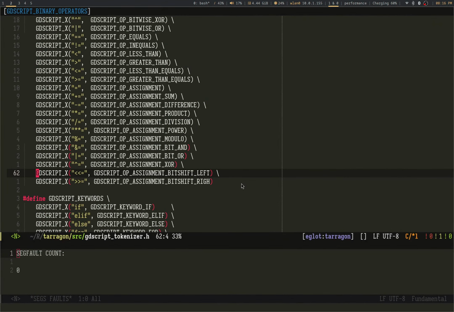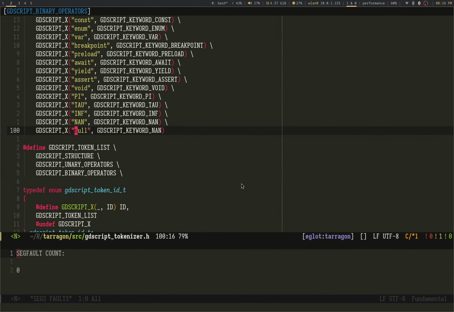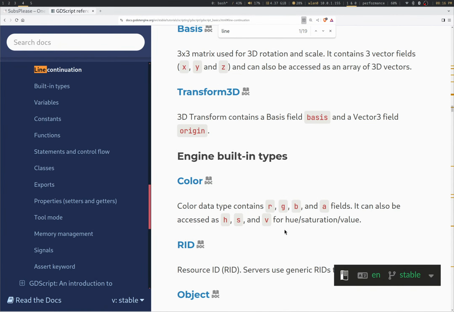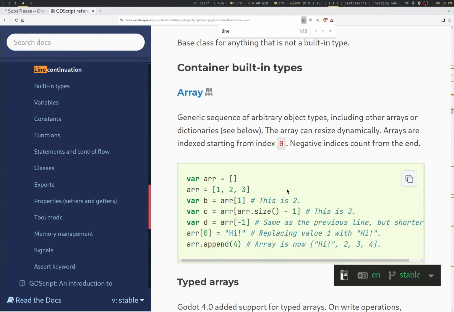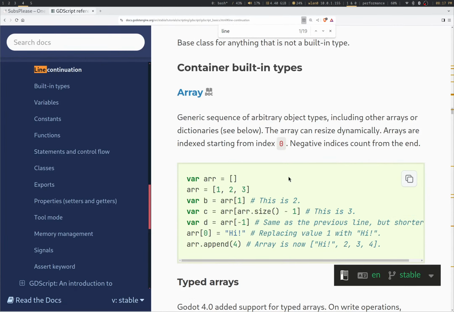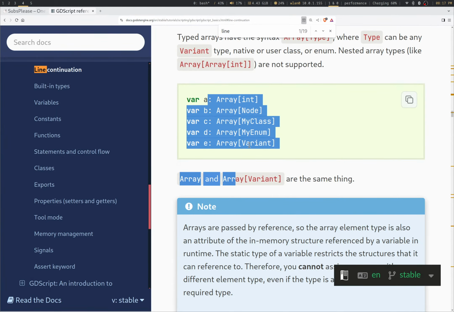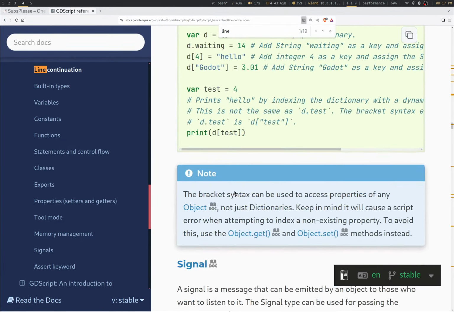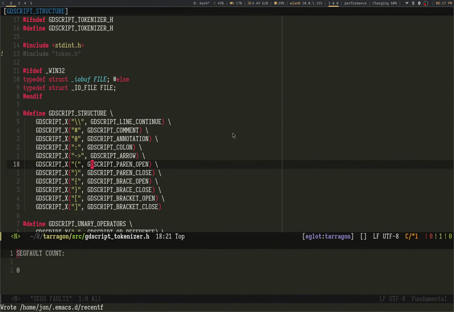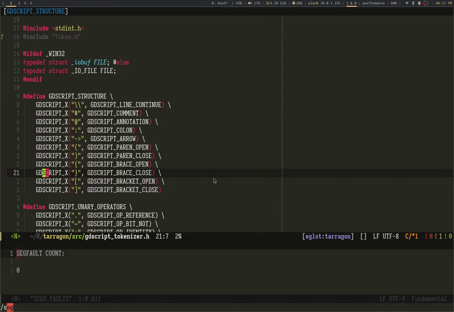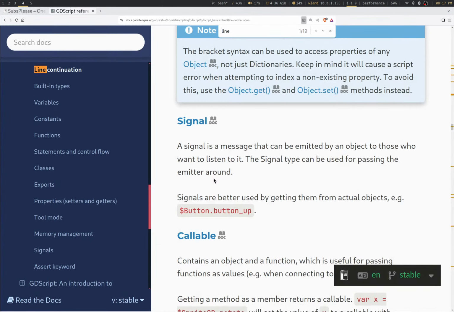I think, actually, I'm gonna double check that across the API. Yeah, this is all API stuff that I'm gonna be able to cross check against. Bracket open. Okay, got those. Great. Typed arrays. Nice. That's a symbol. Don't care. Packed. Define. Braces. Curly braces. We got curly braces. We're looking good. Signals. That's a keyword. Got signal. Crushing it.